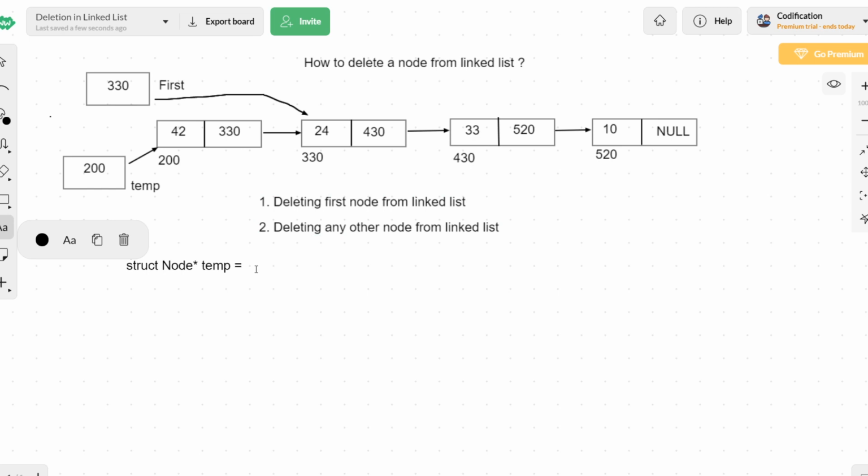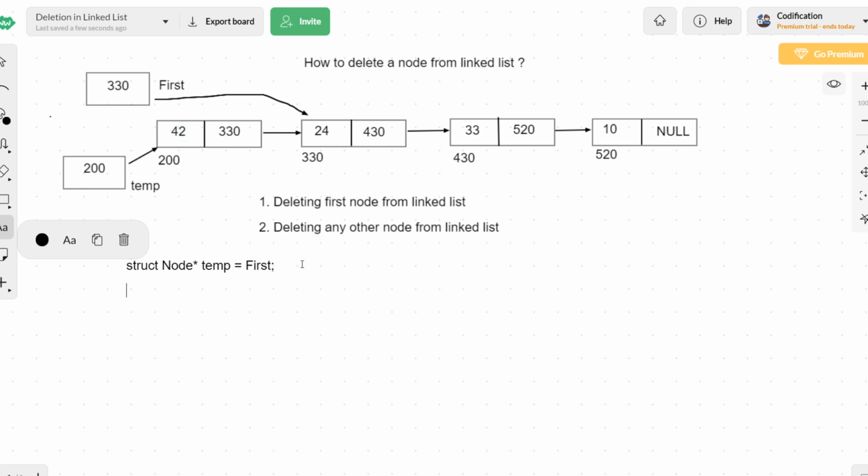So temp is equal to first, because initially the first pointer was pointing towards the first node. Whatever is in first, we are assigning to temp. So now temp and first will be pointing to the same first node.